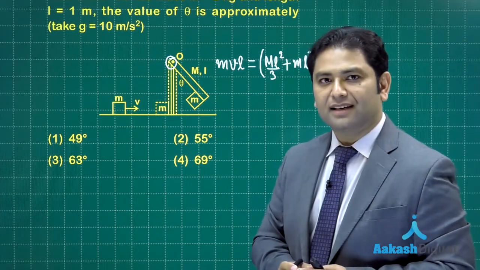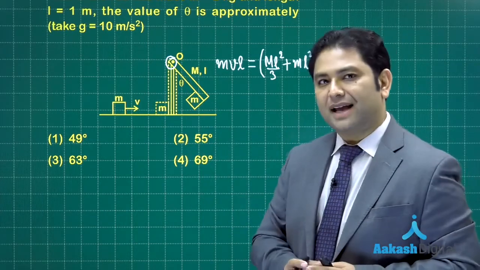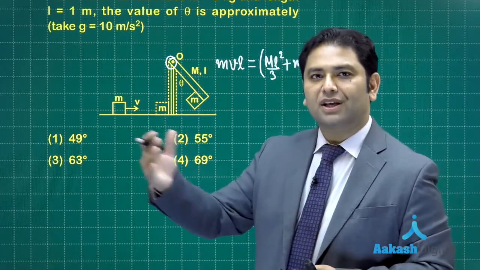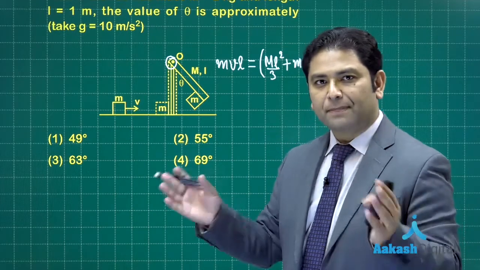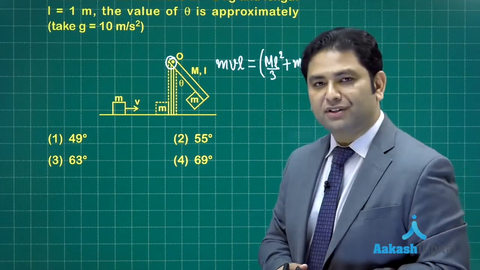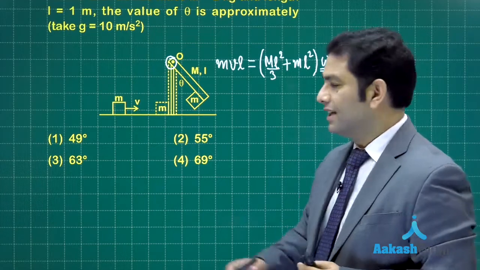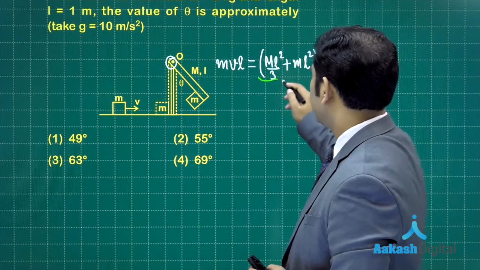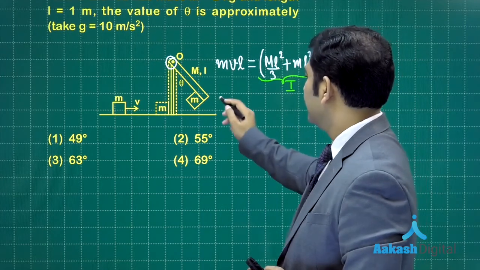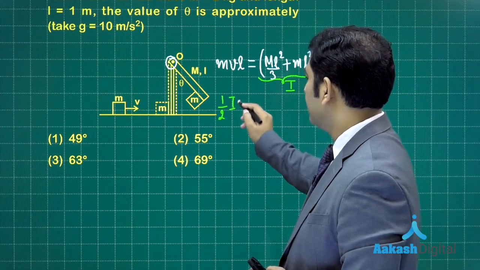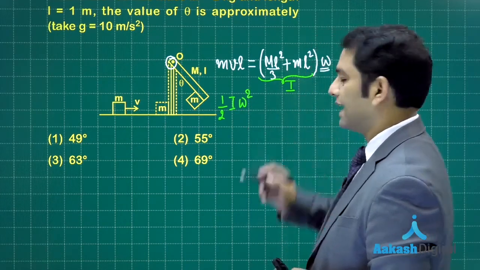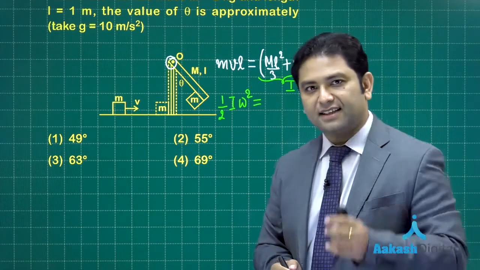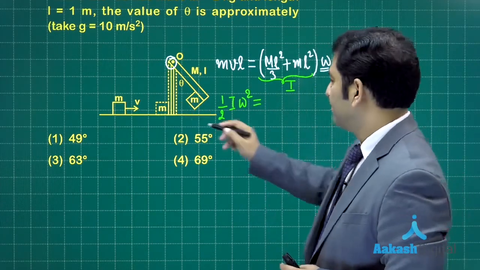in the vertical plane. So what is the maximum angle if I want to find? All the initial kinetic energy would be equal to the final potential energy, because work done by the non-conservative force is 0. So here, since the mechanical energy is conserved, what is the initial mechanical energy? Let me call this I. So that's going to be half I omega square. Now omega has been calculated from here, and that is equal to the final potential energy. But be careful, for the block it is